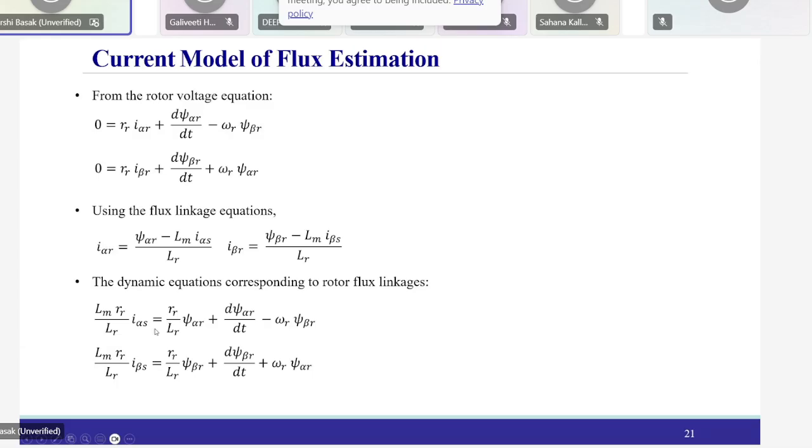Okay, and basically it is a simultaneous non-linear equation, and a simultaneous differential equation which has to be solved to get these values of psi alpha r and psi beta r. So this is also a bit computationally intensive. So instead of this, if you try to adopt the indirect vector control, the indirect vector control is simpler in terms of implementation, and that can also actually help you achieve